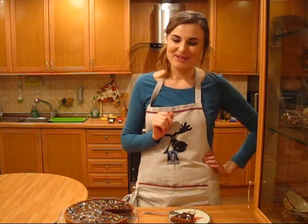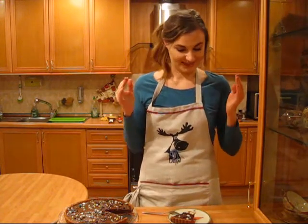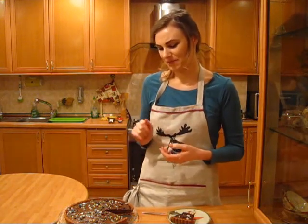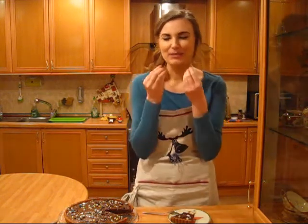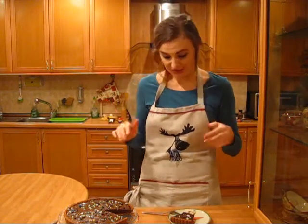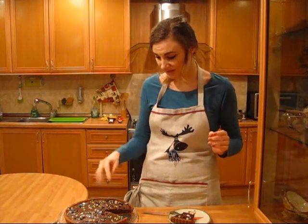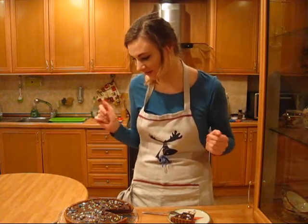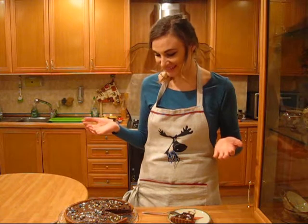Okay, so here's the thing. I think I should write Laura like a complaint or something, because I totally got used to the sweets. I love the chocolate right now. When I was making it, I was thinking, oh man, that will be really sweet. But yet, now it's just perfect. Oh my goodness, this is just perfect, seriously. Even those little thingies, which, by the way, I totally didn't expect that there will be blue and yellow stuff there, but it actually looks pretty cute. Oh man,